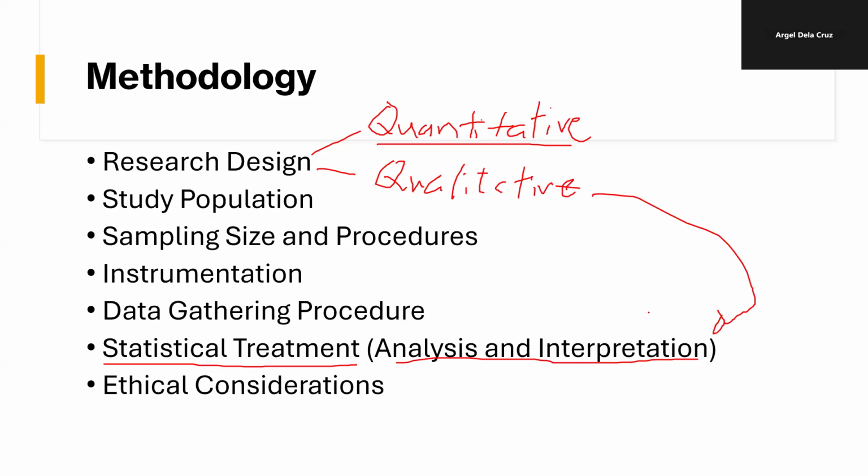Now, what is quantitative? Quantitative is one of the easiest methods in terms of classification of research design in terms of the type of data. Why? Because data are easily measured and could be treated with statistical treatment to test the inference. Quantitative research is characterized as a method that is hard at gathering data. Mahirap kasi kumuha ng data. But the interpretation of data is relatively easier compared with qualitative.